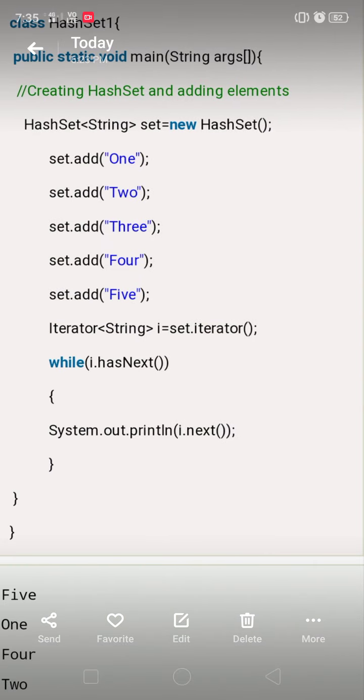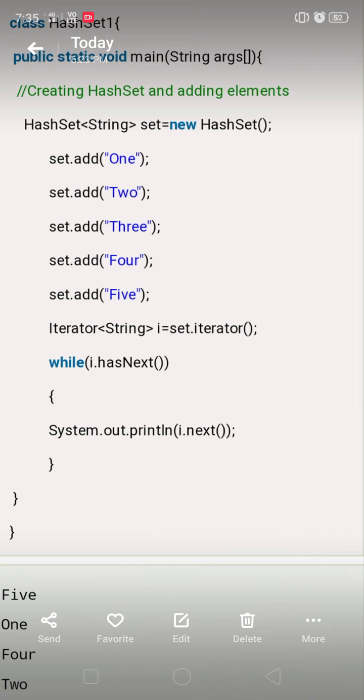Now we are going to the example. In this example we are creating a class named HashSetExample with public static void main(String[] args), which we already know about, and creating a HashSet with the name set. Here the collection name is set, and the data type of the elements we are going to store in this collection is String. That's why we specified String within the angular brackets. We wrote HashSet<String> set = new HashSet<>(), using the default constructor.